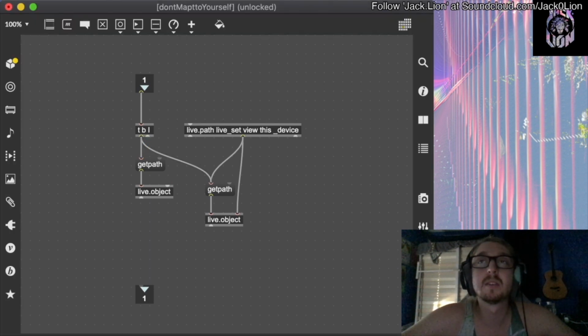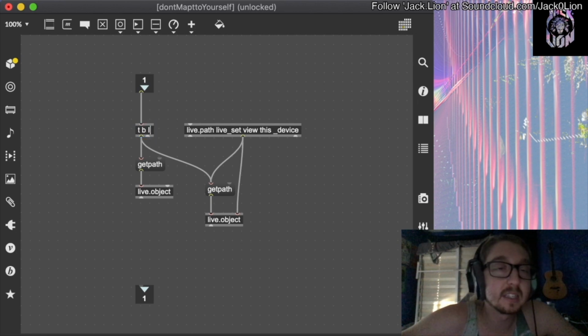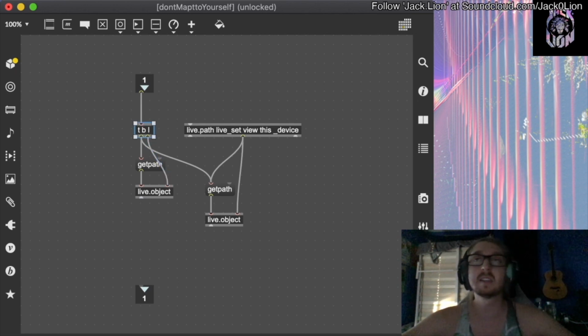What did I do? Is it TBL? Sorry guys, this TBI is supposed to be a TBL. That makes more sense. Sorry, I's and L's get confusing. So anyway, live object, we connect the second outlet of TBL into the live object, and then create a ZL